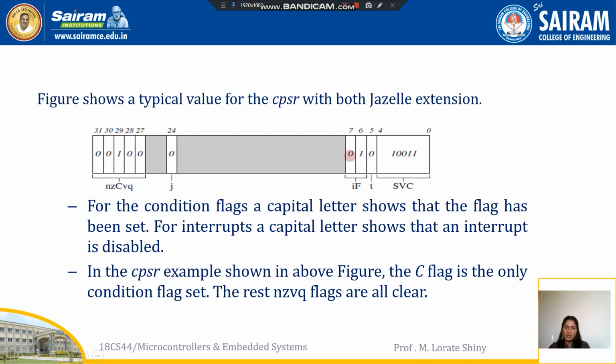Next, bits 6 and 7. One is 0, one is 1. In the mask bits, for the interrupts, there are interrupt and fast interrupt. For the interrupt, the capital letter shows that the particular interrupt is masked, meaning disabled. When we write the capital letter, it means the particular bit is set to 1, and we denote that by a capital letter. So here capital F is set, which means it is masked, disabled. Fast interrupt request is disabled. The only available request is interrupt request.